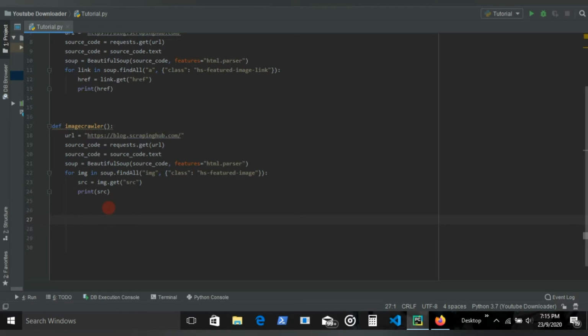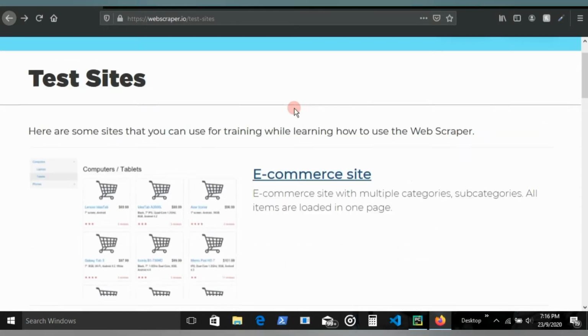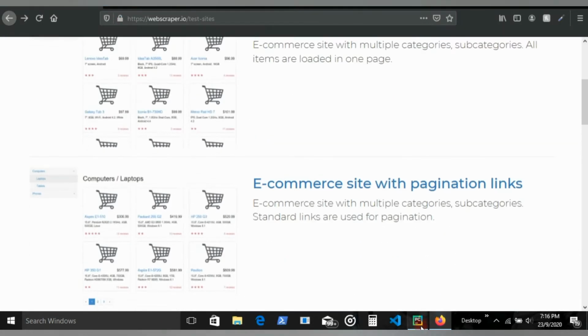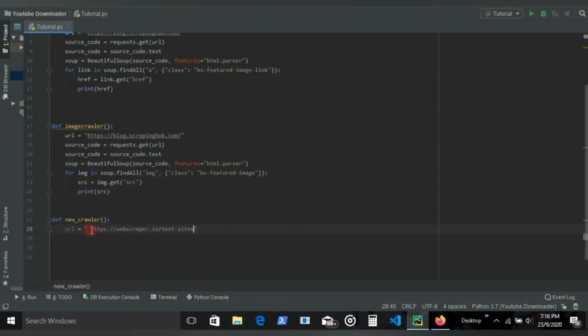Okay, so first let's create a function. Let's call it new crawler. And first let's dump in the URL. Make sure to use quotations whenever you are sending in the URL of any website. So in this case we're going to use this. So let's copy and let's paste it inside here. So now we have the URL, and let's just quickly copy this section. Let's paste it in,